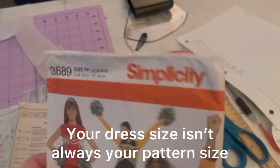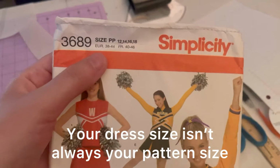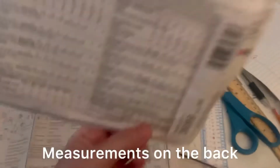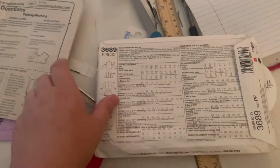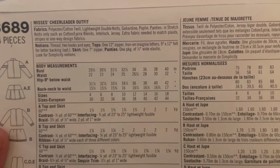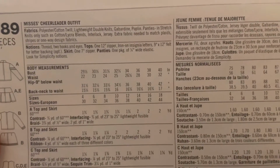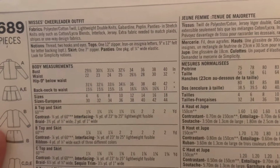Now, when you use a pattern, there's a couple things you need to know. The front of the pattern will always have the sizing, but your pattern size isn't necessarily the same as your fashion size. So you've got to come here on the back of the envelope, and it will have the measurements. See where it says the different sizes and what measurements you need. So my waist is a little bit bigger than the size 18, but we're gonna do the 18 because I'm